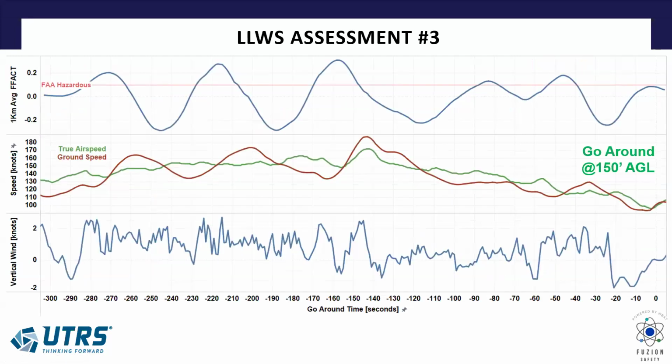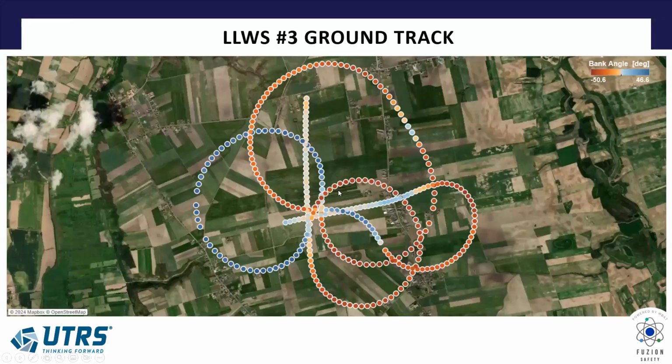Here's the third and last one I looked at for low-level wind shear. If you're negative, that means it's a performance increasing wind condition, increasing and decreasing. Wow, this is amazing. Last 5 minutes of this approach, that must have been a heck of a ride. Well, enough so that he went around out of it. And looking at the ground track, that's why he's getting performance increasing and decreasing, because the winds are changing ahead of him, behind him, so just out there having some fun.